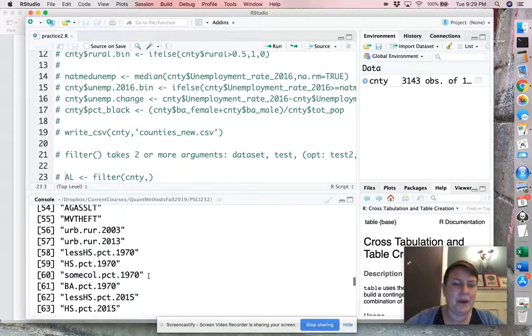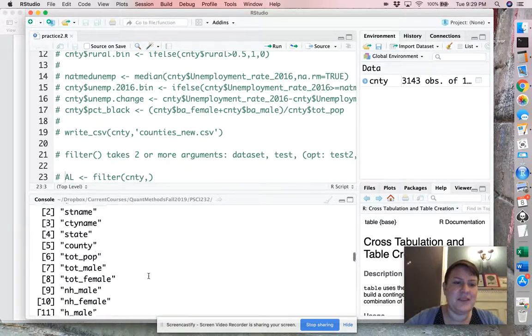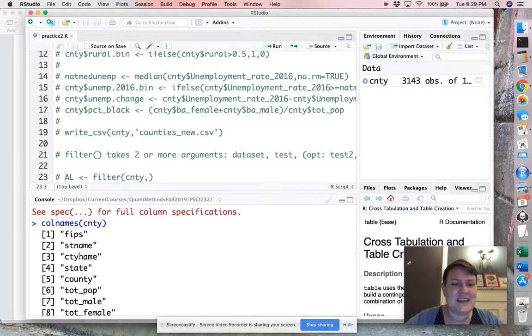And go all the way back up to the top and find that the correct column name for the state is stname. So I'm going to uncomment this new line with filter. Go back. Okay, so again, I'm using the function filter to create a new object called AL that filters the data set called county with the following test: stname equal, and we always use double equals in a test,